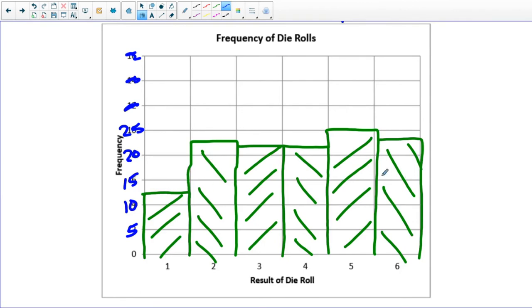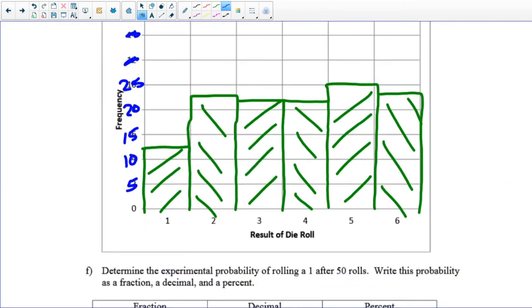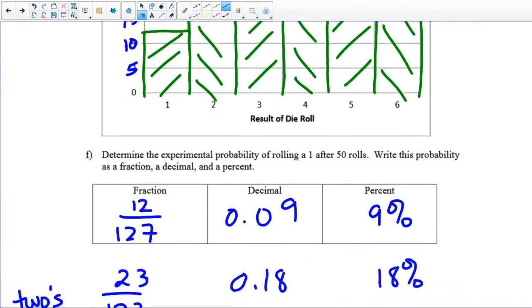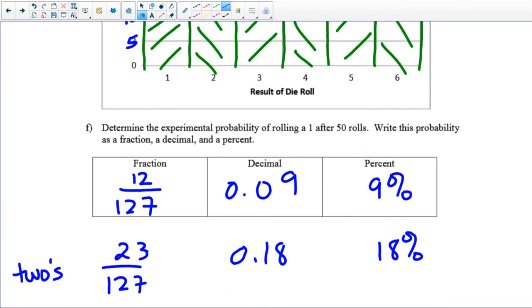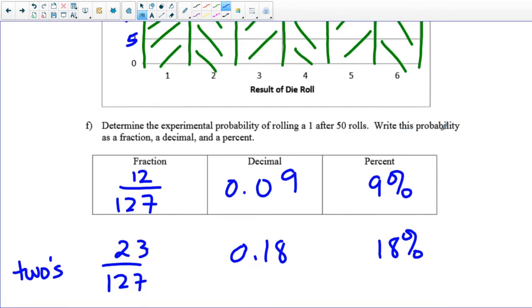You would think that all of these heights would be the same. So it'd be interesting if we rolled the die 100 times or 1,000 times, what would happen here? And again, we'll discuss that a little later. So then I asked, determine the experimental probability of rolling a 1 after 50 rolls and write this probability as